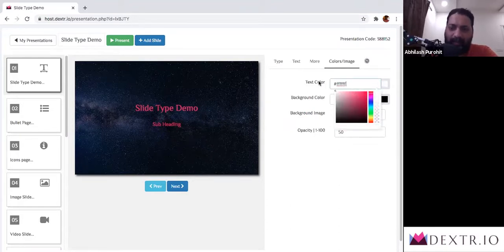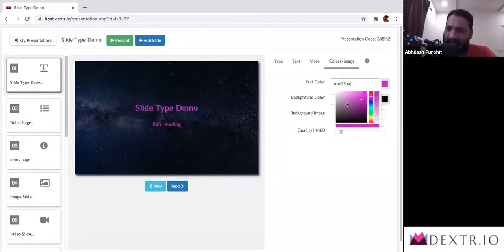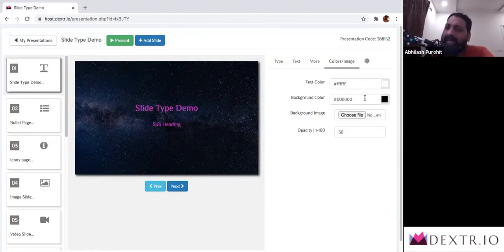Again, I'm not a big fan of that color, so I'm going to go back to white, but know that you have full choice. You can drag here to change the color to anything you want. Once you have selected that, you can pick something, and whatever color has been selected is visible here first. Once you click outside, that gets applied instantly. I'll go back to it being white. Now I want to introduce you to a background color and opacity.